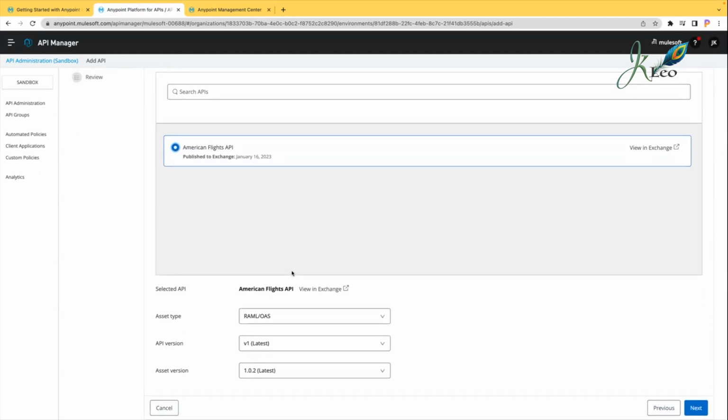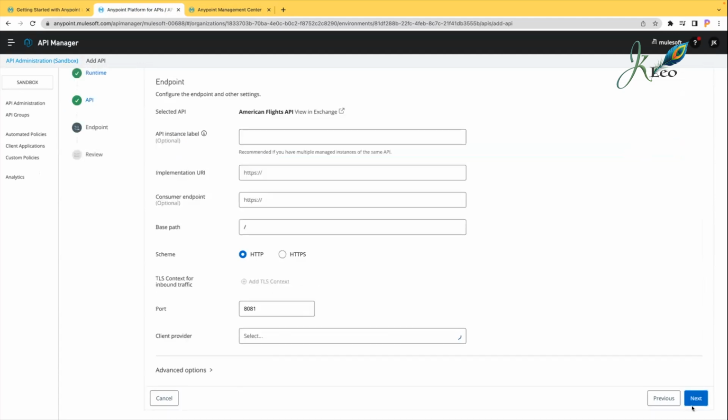And at the bottom here you can select, yeah, these are all good. And then click next. So here set the URI parameter for the endpoint. So this URI parameter can be, let's go again back to,